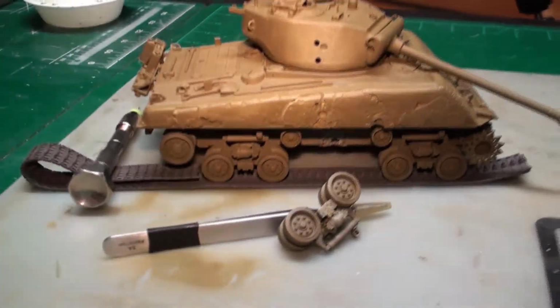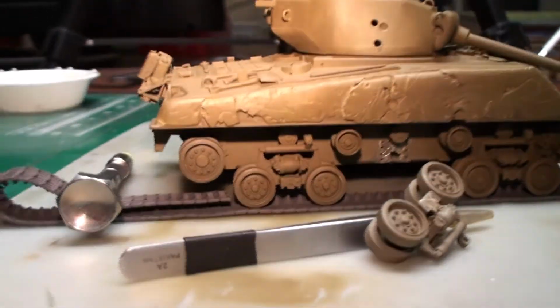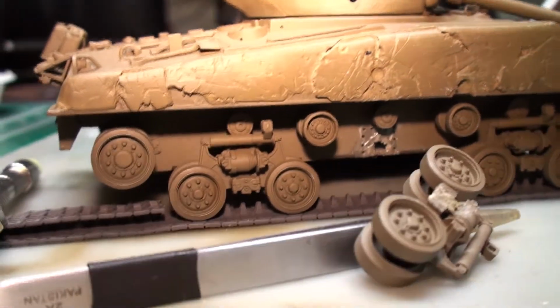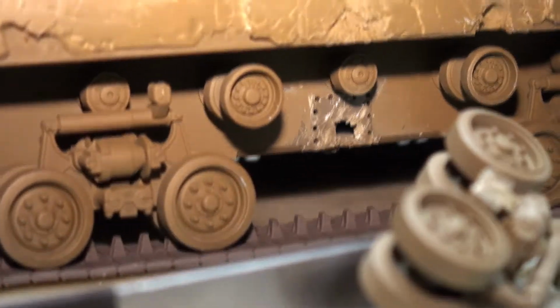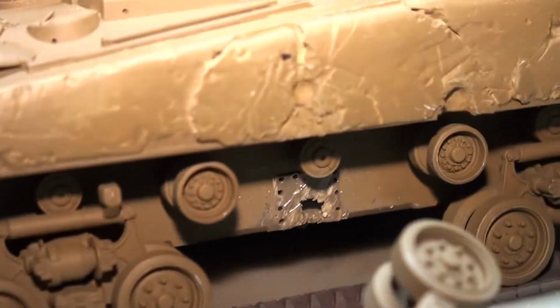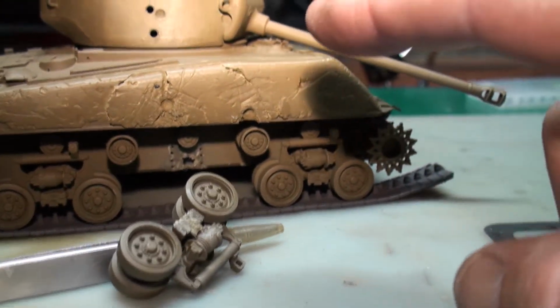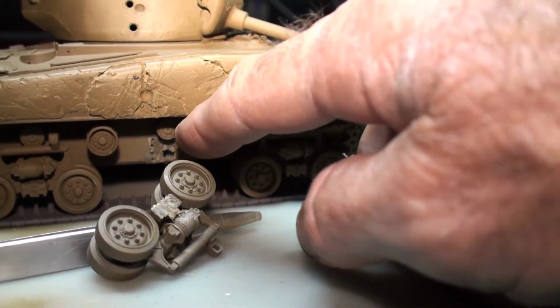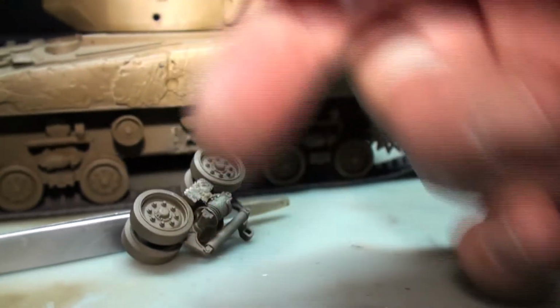Well, here it is. I've done it now. I've decided to blow off the middle bogey. Hopefully you guys can catch some of it there. Drilled out a portion. I'm going to get in there with a soldering iron and booger it up some, but basically it's going to be, from what I'm seeing, a glancing shot coming in here and then deflecting down and shearing off the bogey, ass over tea kettle, blowing it back out here on the little diorama,